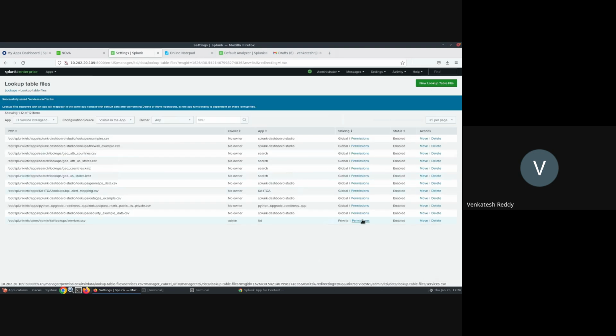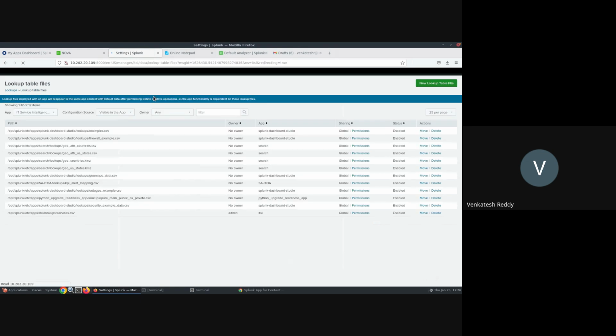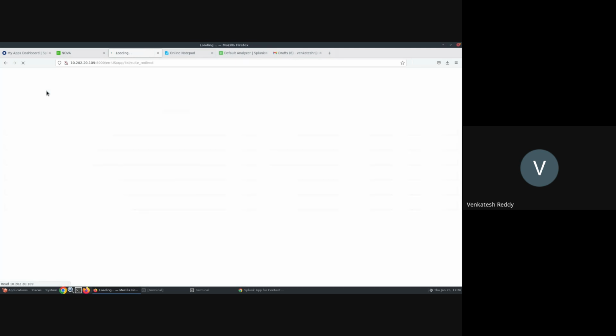I just want to give the permissions for all apps: everyone read and admin can write. Save. Okay, now we have defined the service. Now let's go to ITSI and import from a lookup file.